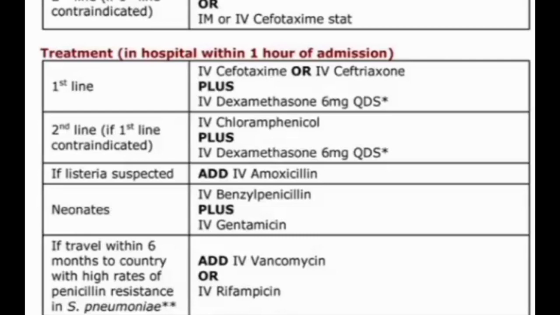Then we can give chloramphenicol. Okay, chloramphenicol again as a drug. Then sometimes we will give amoxicillin. So these all are the drugs usually we will give for meningitis, and the medicines may vary based on the causative organism. In case of bacteria, we will give this type of drugs. In case of virus, the drug may vary.